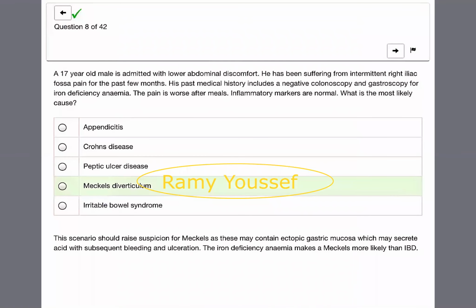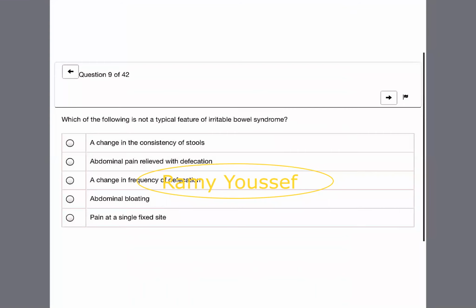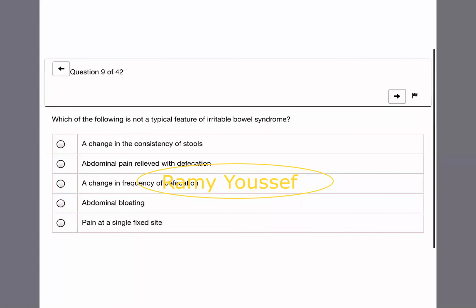Perfect, Dr. Yazid. Okay. Meckel's diverticulum. Anything not clear? Okay. Next question. Dr. Zaina,